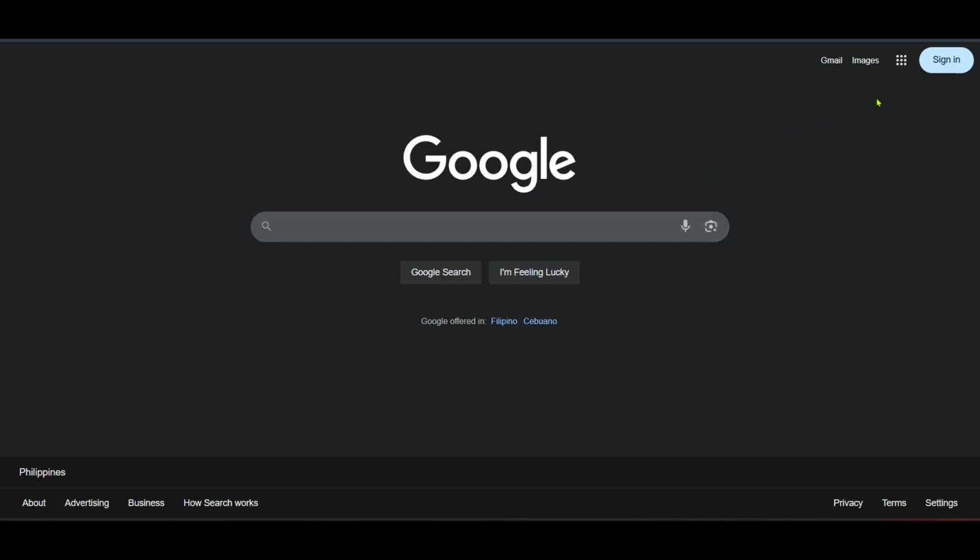Once you're on the Google homepage, your next step is to sign in. You'll find the sign in button at the top right corner. Click on it and you'll be prompted to enter your credentials, so make sure you have them on hand. This process ensures that you have access to all the Google services, including Gmail, as it links your email account